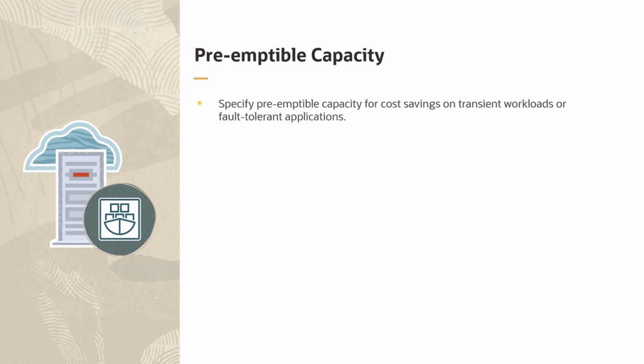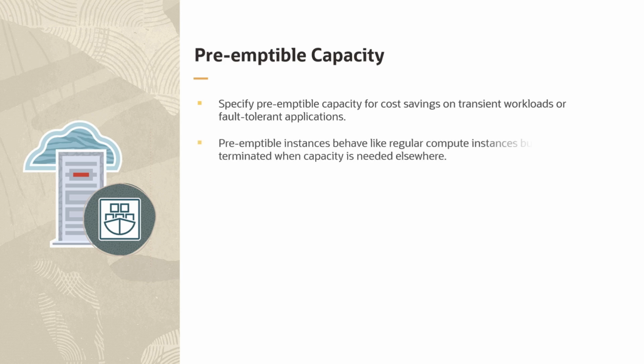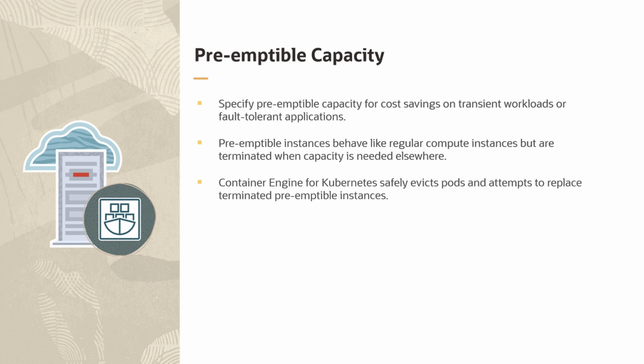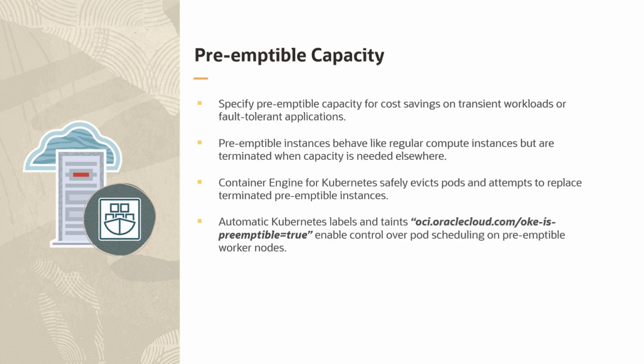or fault-tolerant applications. These instances behave just like regular ones, but with a cost-saving twist. They are terminated when the capacity is needed elsewhere. Container Engine for Kubernetes has your back. It safely evicts pods and tries to replace terminated preemptible instances. Keep an eye out for those automatic Kubernetes labels and taints. They are labeled as